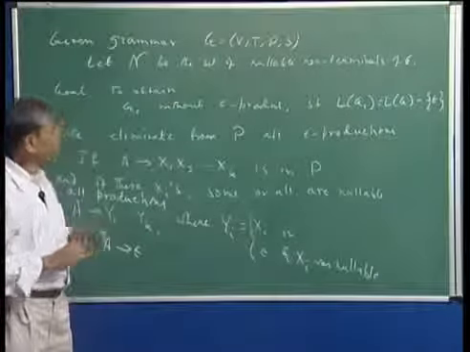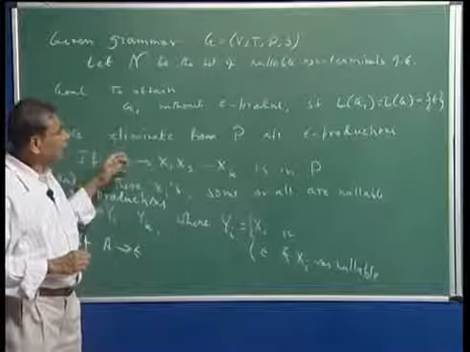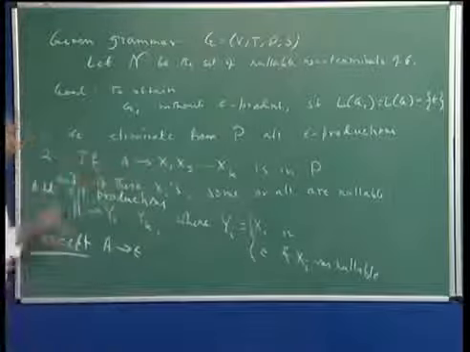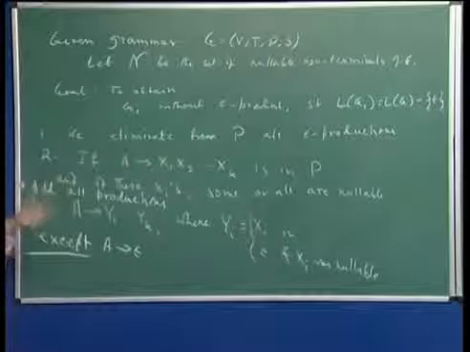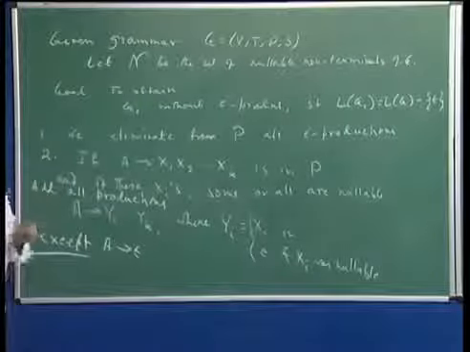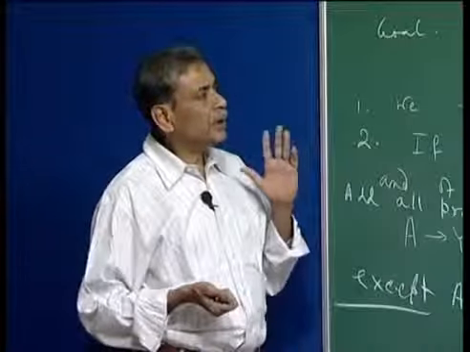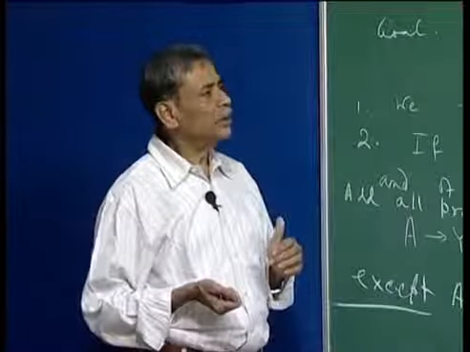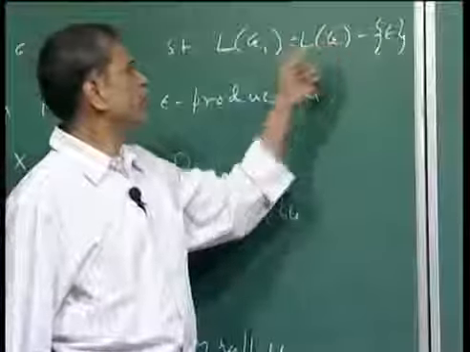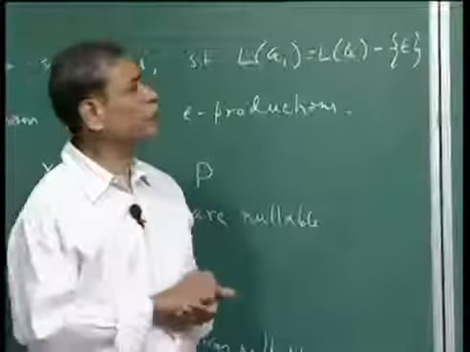Very briefly again, we identify all the nullable symbols, then we remove all epsilon productions from G, and then we add some new productions to the set of productions, and then the final form of the grammar that we have now can be shown to generate all strings of G except the empty string. Let us try to prove this.